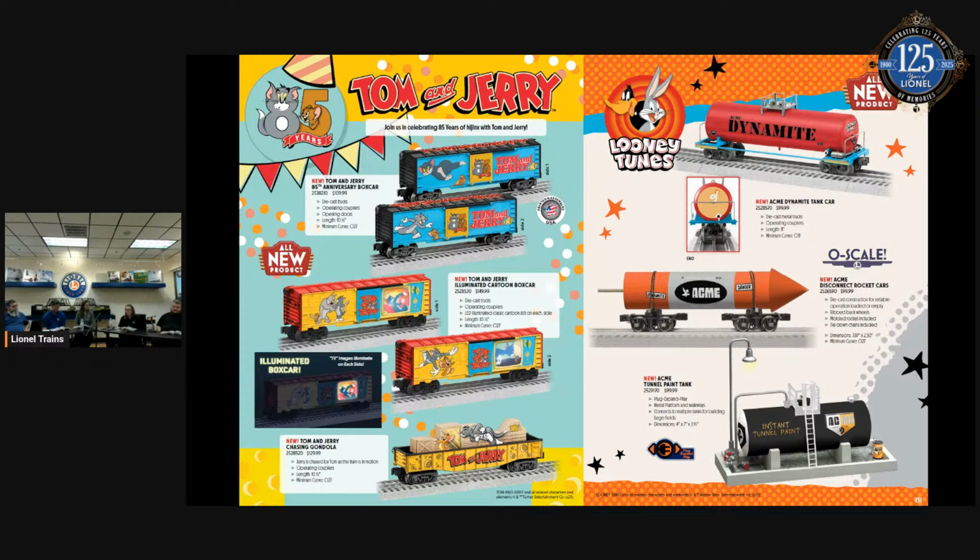It makes sense for Tom and Jerry to be chasing each other on a gondola. Yeah, totally. All right. Another classic cartoon that we've been doing for the last few years is Looney Tunes,